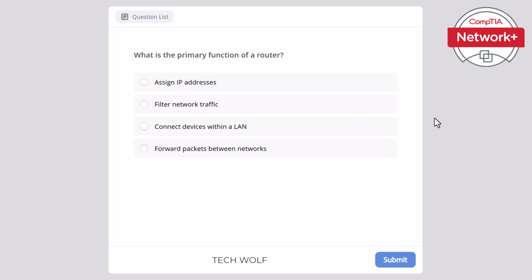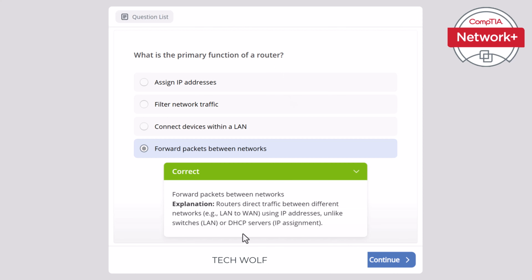Okay guys, no further ado, let's get into it and let's start with the first question, and it is: what is the primary function of a router? Assign IP addresses, filter network traffic, connect devices within a LAN or local area network, or forward packets between networks? And here the correct answer is forward packets between networks. Routers direct traffic between different networks, e.g. LAN to WAN, using IP addresses,